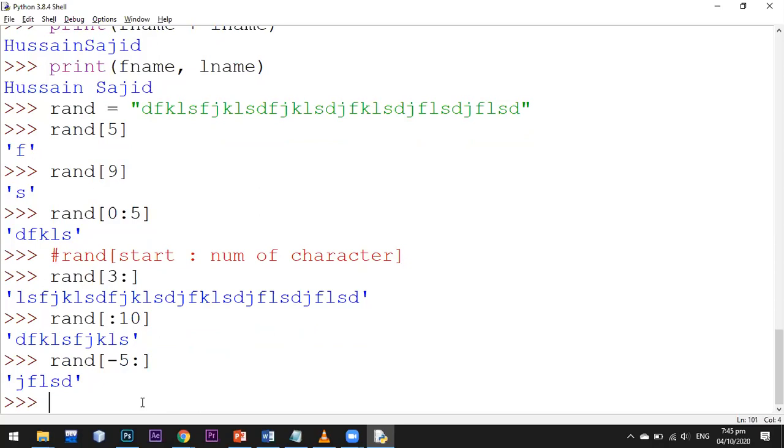So let's move to a new topic, which is arrays. Okay, what is an array? I went to a shopping mall, a grocery store, and did shopping for my kitchen.